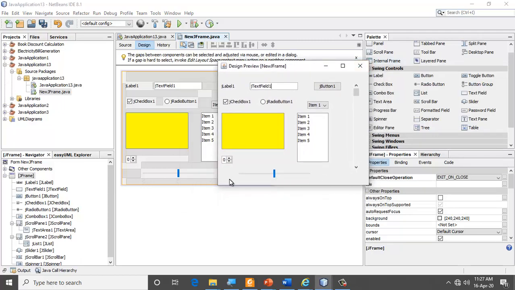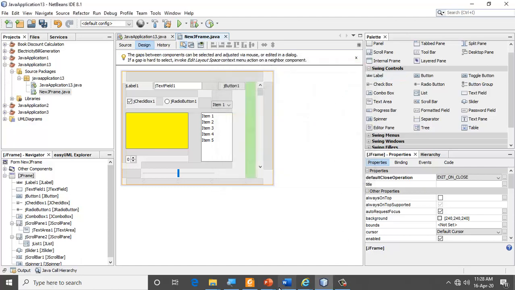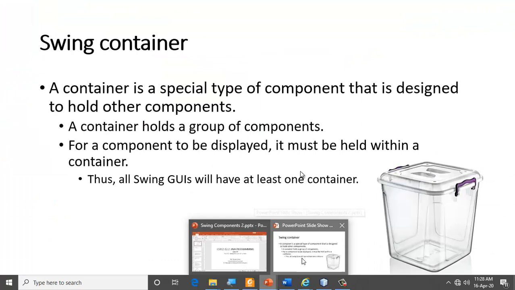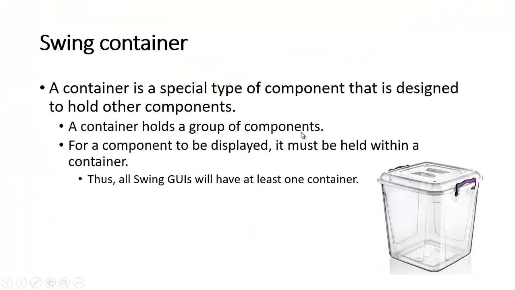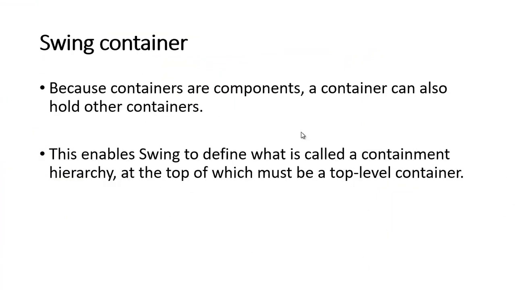The name of this container in which I have placed all these components is called JFrame. So JFrame is one container on top of which I can add other components.